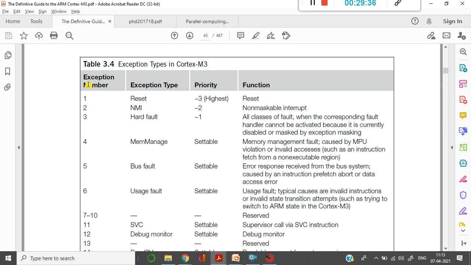If exception number 1 is getting executed, then it is nothing but the reset program, which asks your program counter to reinitiate the program. Which means that when I press the reset button of your computer, or when I press the cancel button, anytime, it should start with the first line of the program itself.